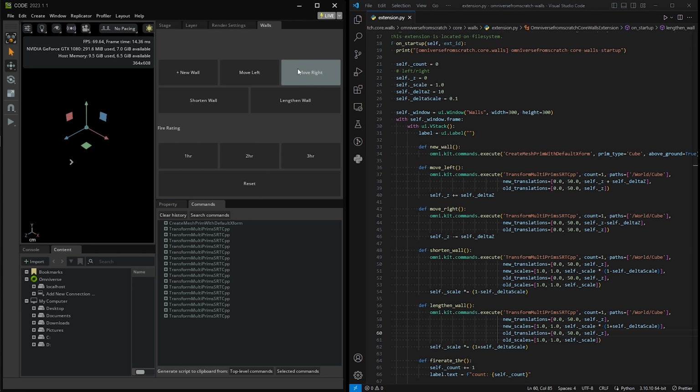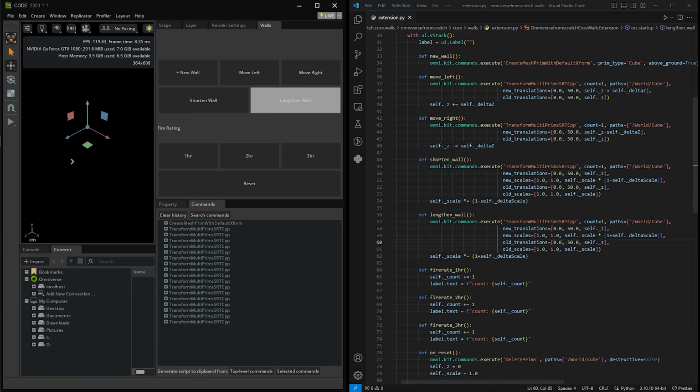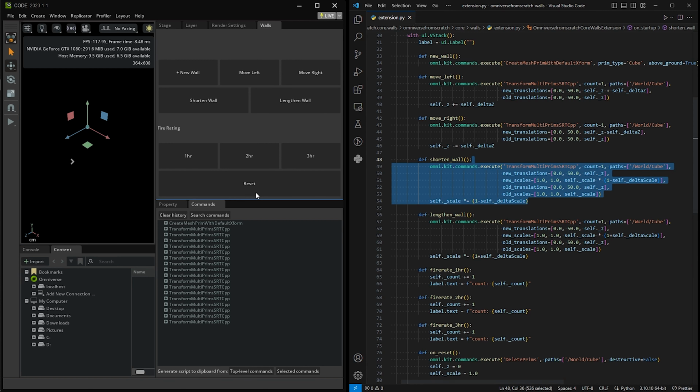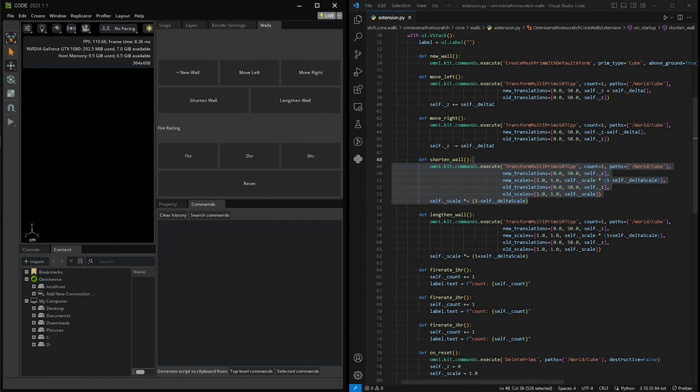Left, left, left, right, right, right. That is working. And then I think the only thing with the fire rating is probably just changing it so that it's not the... All right, reset, removing everything. So I am going to